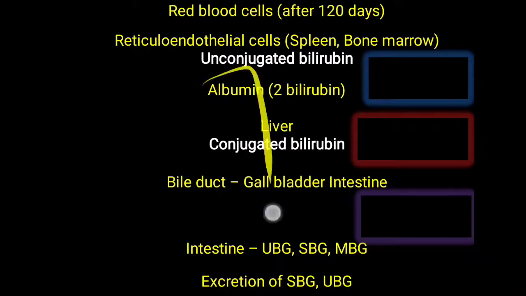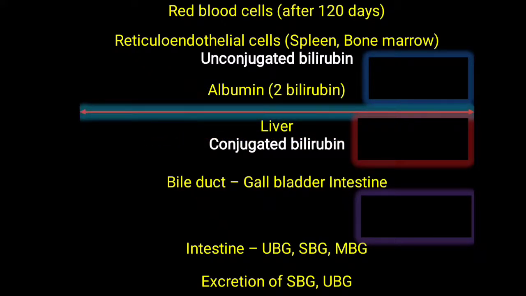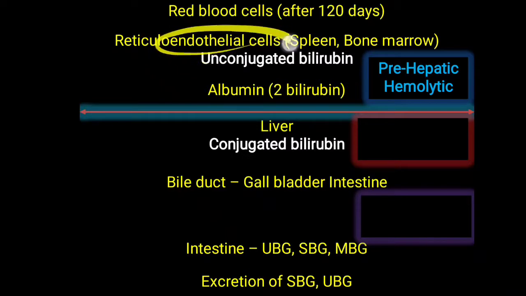Now why is it important? Because to understand jaundice, or simply to treat jaundice clinically, it is divided into three varieties. They are called prehepatic, hepatic and posthepatic. Hepatic means liver. Now liver is the center part of this bilirubin metabolism. So any problem above the liver, meaning from red blood cell destruction up to the entering of this unconjugated bilirubin inside the liver, in this situation or this biochemical reaction, is called a prehepatic situation, and it is also considered hemolytic because it is mostly related with excessive red blood cell destruction.